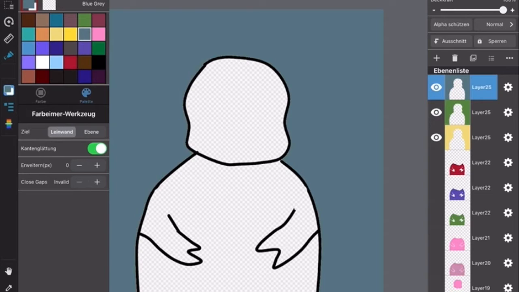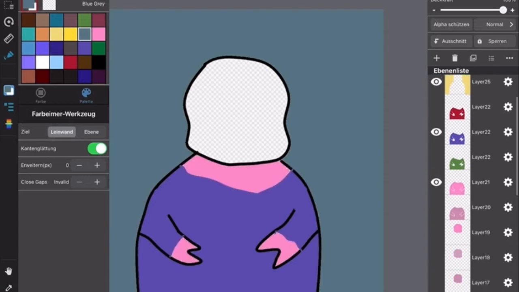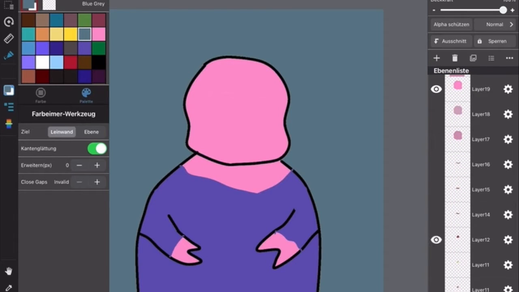As you can see, I'm done with creating all the details now, and I think it turned out fine. And yeah, let's just look at what I've done. So as you can see up here, we have the background right now, and now I can just plug these different things on, like this t-shirt, this skin color, and yeah, as you can see, all those different colors and